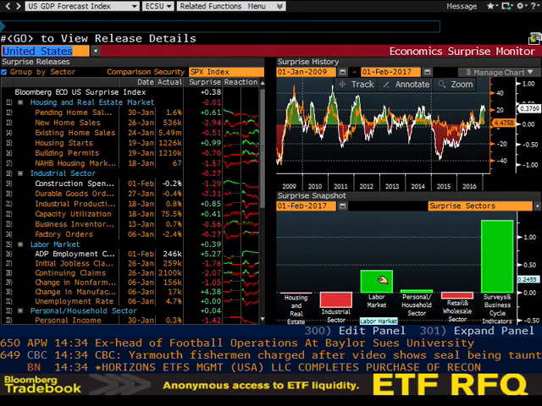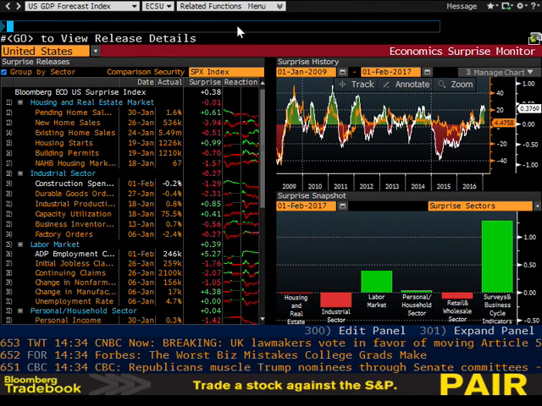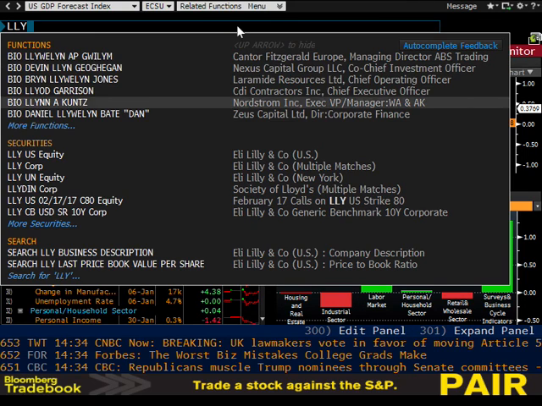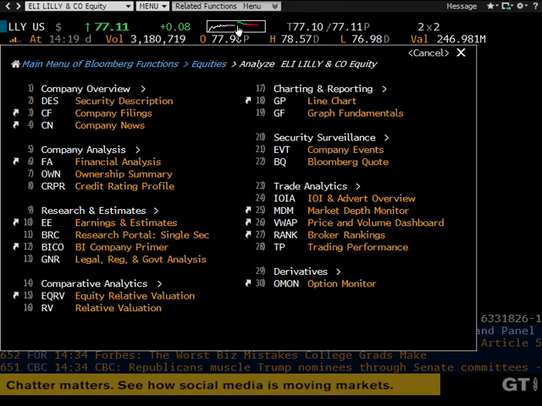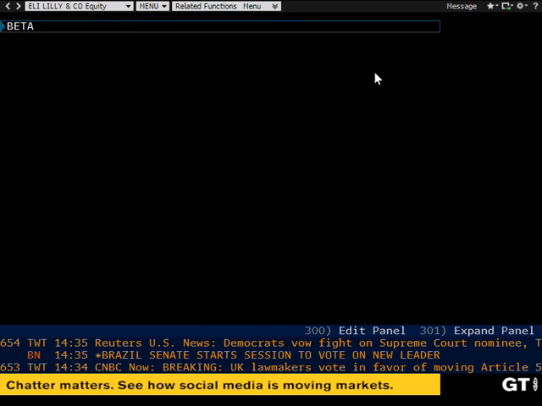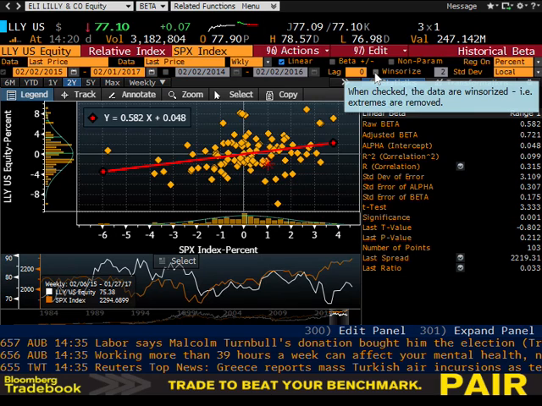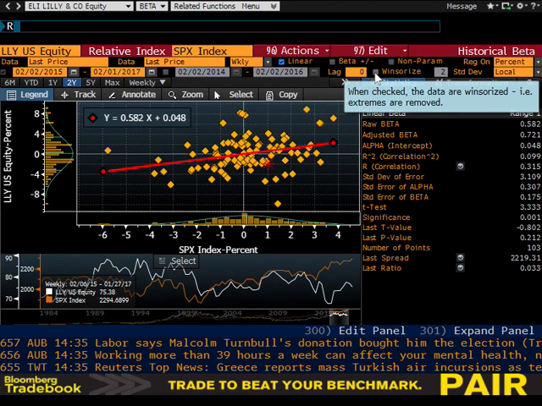So here's the point. I don't want to talk about Chipotle because that's your assignment. So we were talking earlier about Eli Lilly. So let's go to Lilly, pharmaceutical company. And once you go to a company in Bloomberg, 2 ways to get beta. 1, just type in beta, and that will actually give you a real-time beta for the company, which you can change if you want in terms of what time horizon or what index you want to regress against, but there's Lilly's beta. Right? But for your assignment, I want you to go to the RV screen,